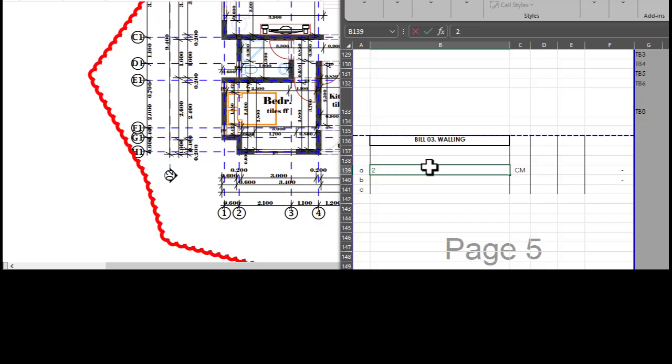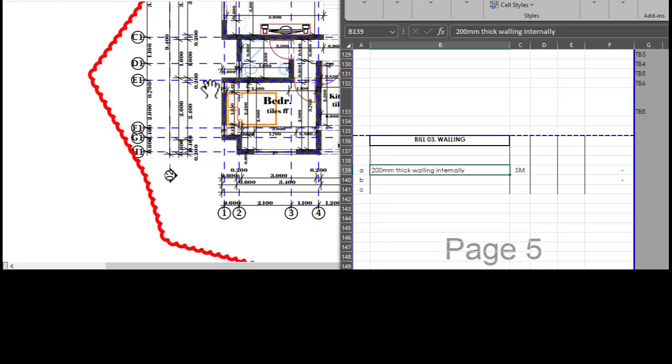So this is 200 millimeters thick walling internally. Alright, so once you've identified that, the thickness of that wall, and then of course the unit you state here, the unit is square meters, and then the next part is, now we've decided to start from this, along grid 3,